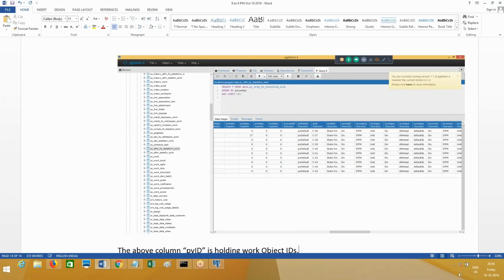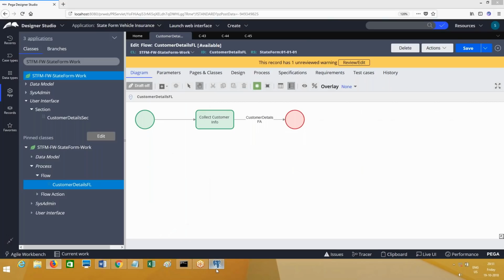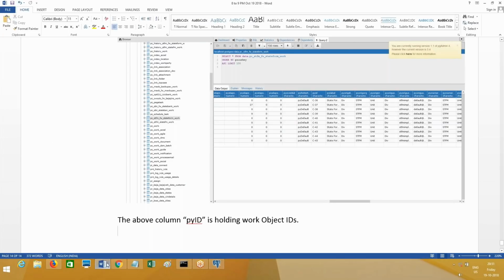Where is the data? What is the data that we have for these work objects? See, for the number of work objects you create, you get that number of rows. One row is equal to one work object. In this table, each row corresponds to one work object. Let me write that down: in this table, one row corresponds to one work object. Is this clear, everyone? I am just giving you information, nothing much technical.